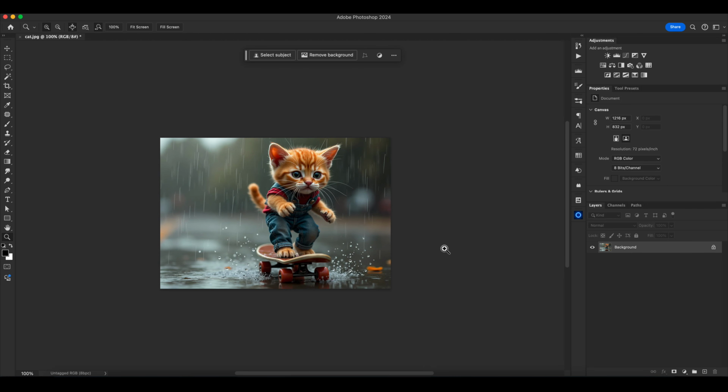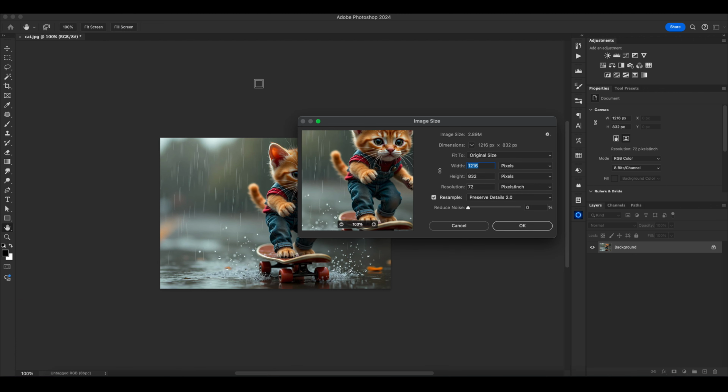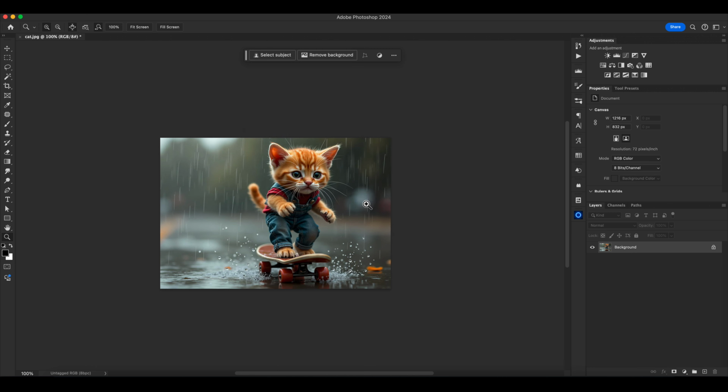So today I'm going to be upscaling this image in Topaz Gigapixel. I created this in Flux AI, so it's a high quality image, but the resolution is fairly modest. If we just have a look at the dimensions of the image, you can see it's just 1216 by 832. So we're definitely going to need to give that an upscale for a lot more use and a lot more